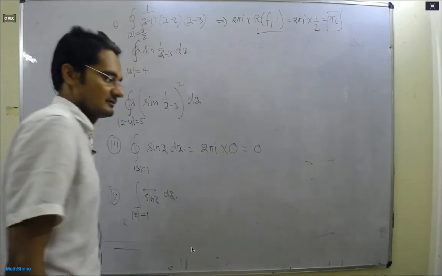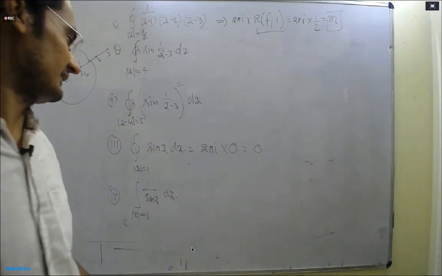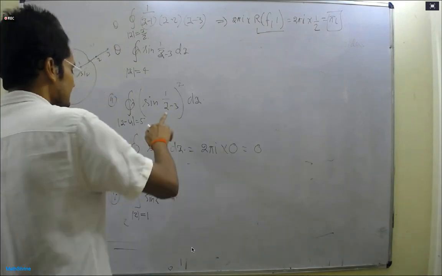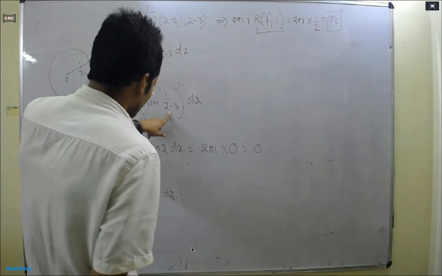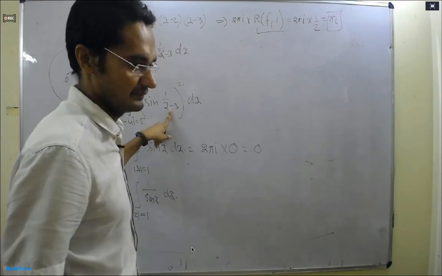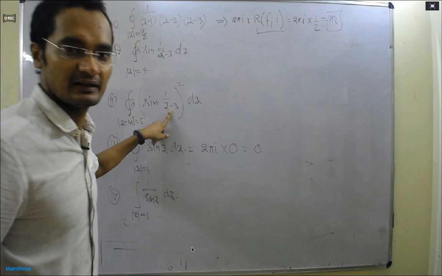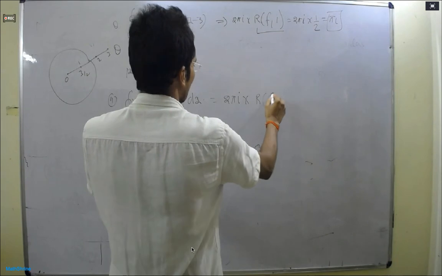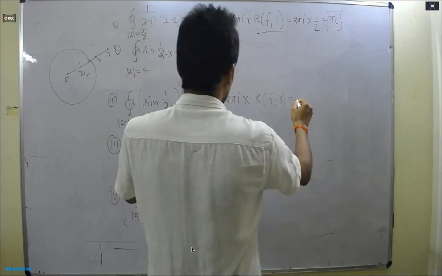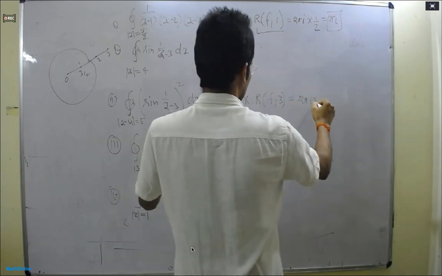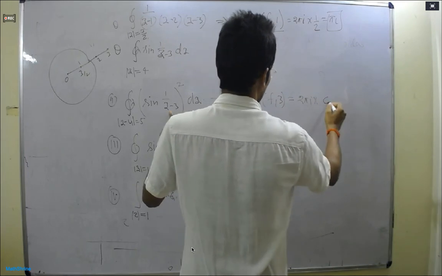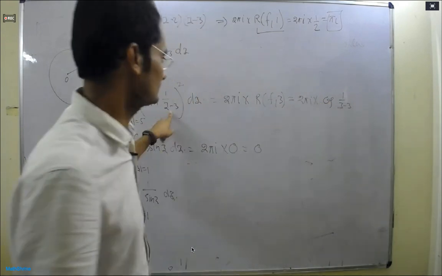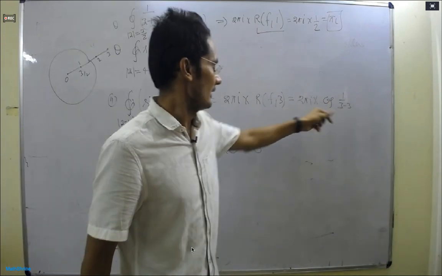This is also homework. You have to find out the coefficient of 1 upon z minus 3, right? So what is the answer? 2 pi iota into the residue of the function at 3, or 2 pi iota into the coefficient of 1 upon z minus 3. You can calculate this. But in this function, there is no coefficient of 1 upon z minus 3. So this answer will come out 2 pi iota into 0. So the answer will be 0.